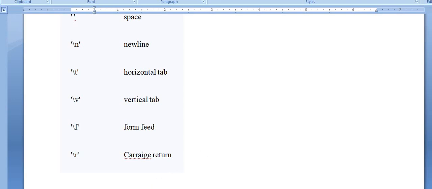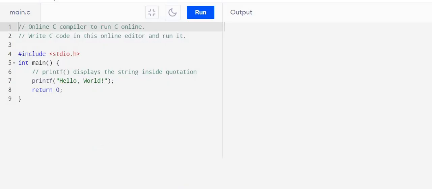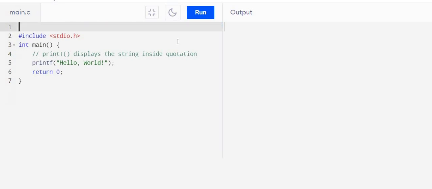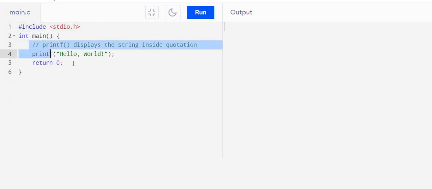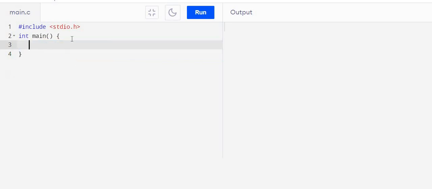Now let's see these instructions actually using our compiler. Now let's start our compiler. First we'll see the format specifiers for printf and scanf. Then we'll move to characters. Now let's define, suppose, integer i, and let's print this. So printf %d or %i for integer i. Now this will be printed in our normal fashion.